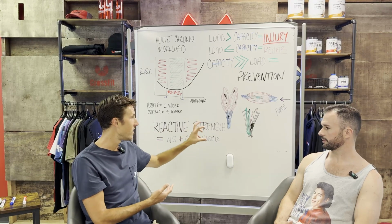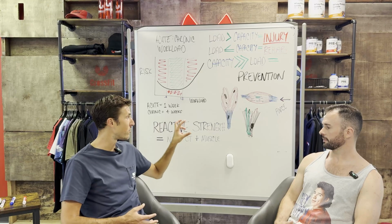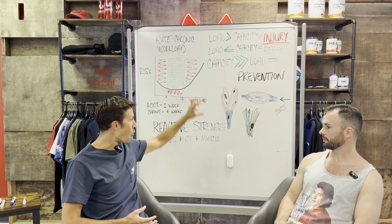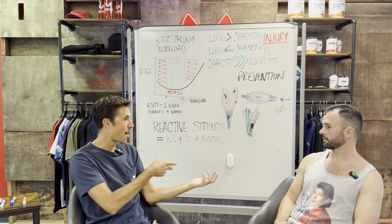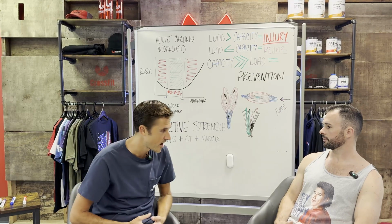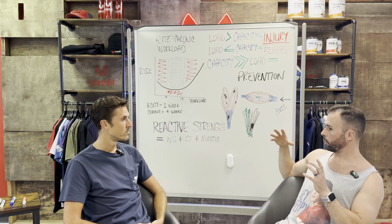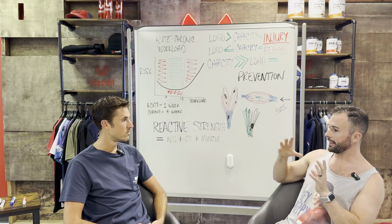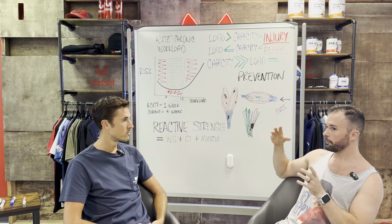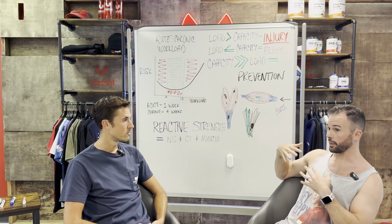So that would be kind of the long-winded version. We would just have to figure out where along the movement path that happens, and then we would train it along those parameters. Yeah, and that would be looking at it from a more rehabilitation standpoint, getting that tissue essentially back to the capacity that it was, or actually functioning properly the way it